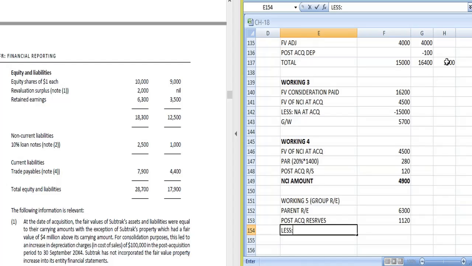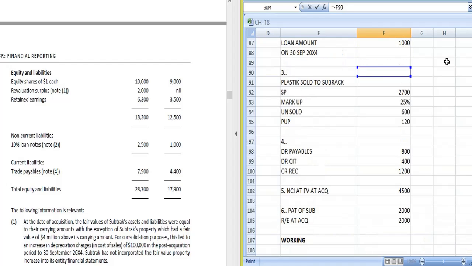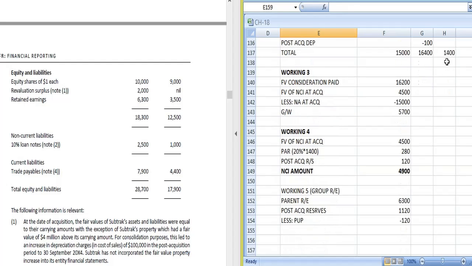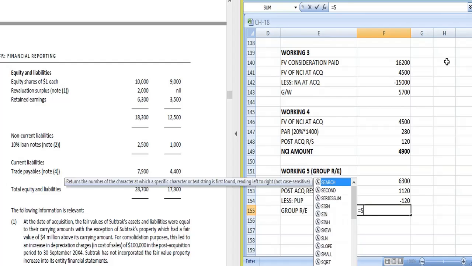Then we will minus PUP. The PUP amount is, sorry, 120. In case of goodwill impairment, we will subtract the parent portion of goodwill impairment from here. We don't have such information. So group retained earning equals